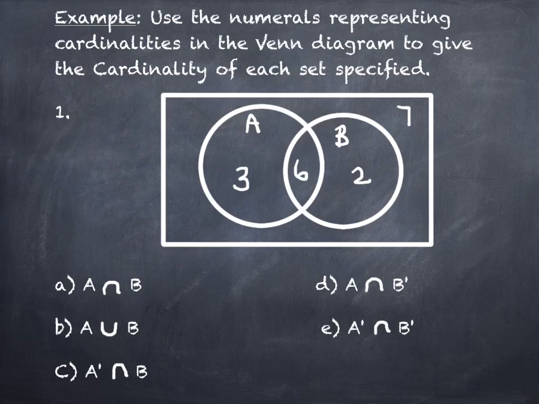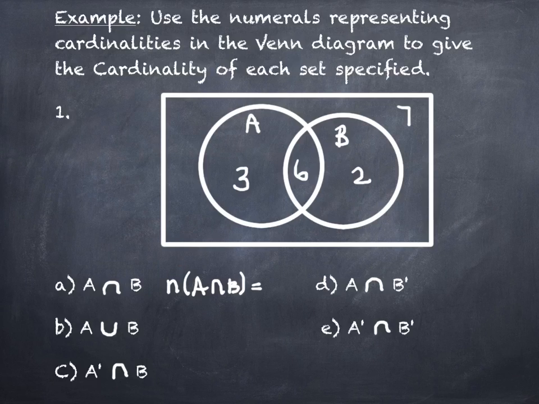So if you take a look, we've got a Venn diagram. The difference between this Venn diagram and the Venn diagrams in the last section is that in the last section we put numbers in the different areas as labels. These numbers here are cardinalities. That means they're representing the number of items within the set. How many items, for instance, are in set A, how many items are in the intersection, and so forth. So the first one we're going to look at is the intersection, and the intersection is the overlap of the circles. So the cardinality of this, the number of items in A intersect B,